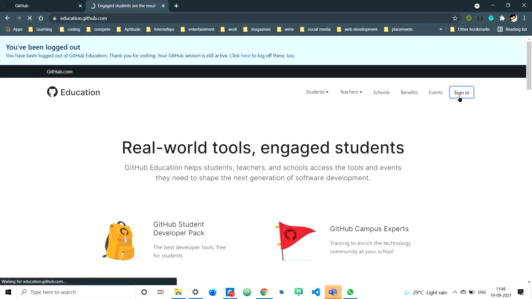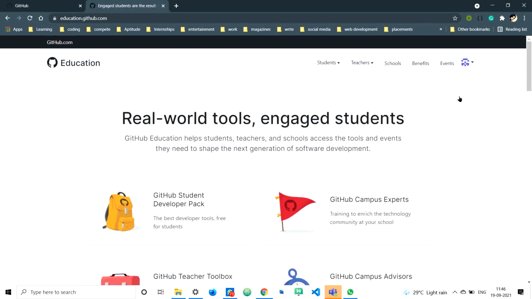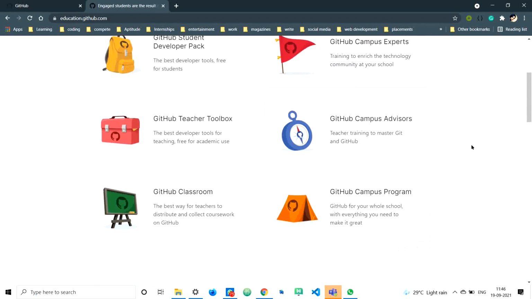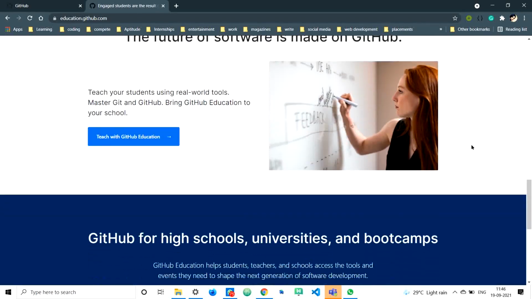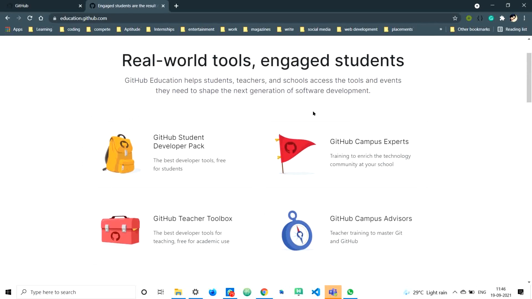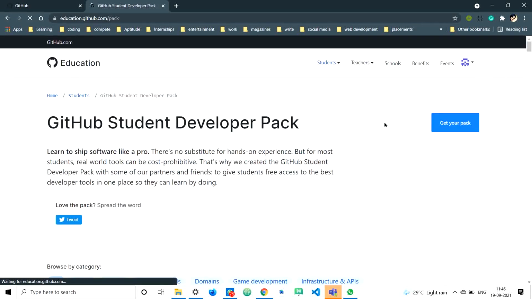Okay, I'll go with this. Sign in again. Now you can see I'm signed in as Bharadwaj, he's my friend. Now I want to get my GitHub Developer Pack. Here you can click GitHub Student Developer Pack, then get your pack.